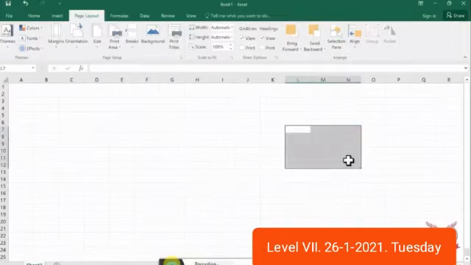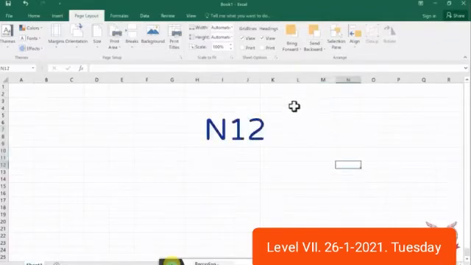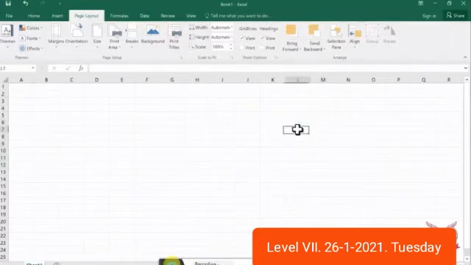We can identify the range from the cell address of the first cell and the last cell. The cell address of the first cell is L7, and the cell address of the last cell is N12. We can identify the range.